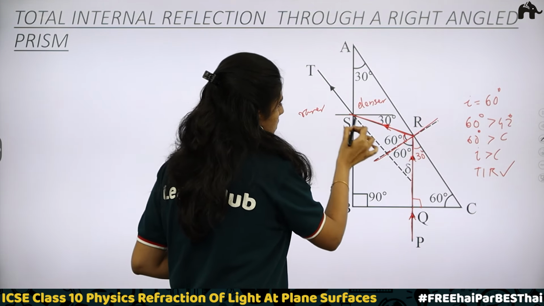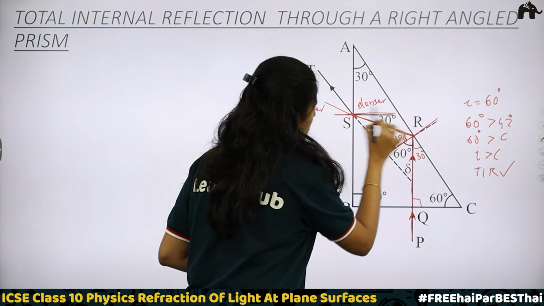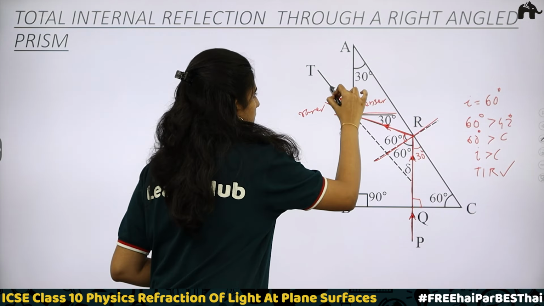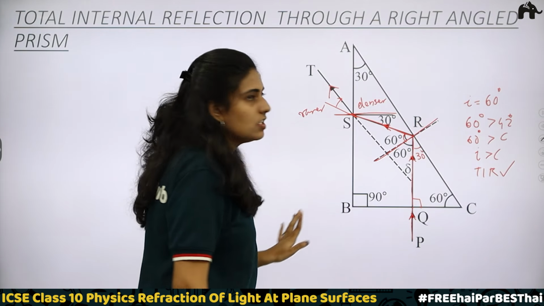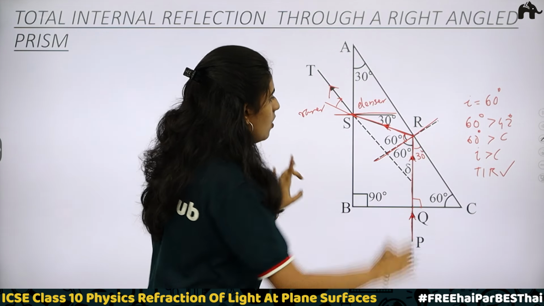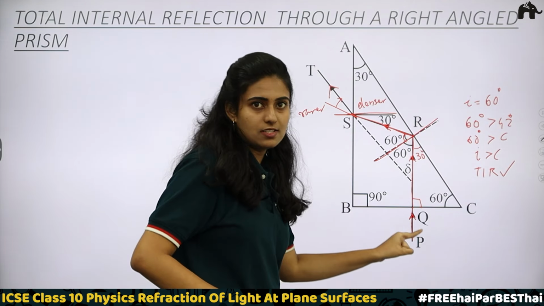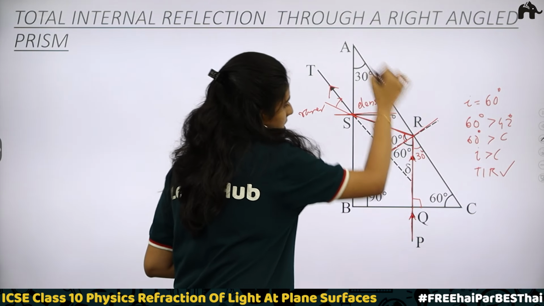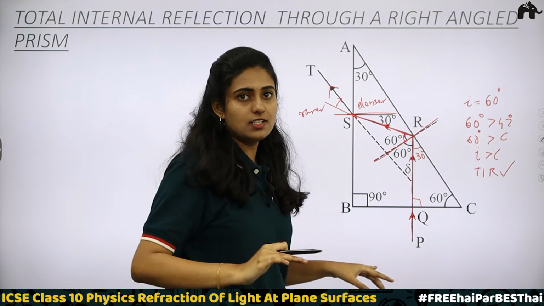So this is the actual direction in which light ray should have travelled. When you draw normal, it will bend away from the normal. So this is your emergent ray of light. Understood? So here, remember one thing, only when you consider this face BC, you will be getting total internal reflection to happen. When light ray is incident on AB and AC, total internal reflection is not